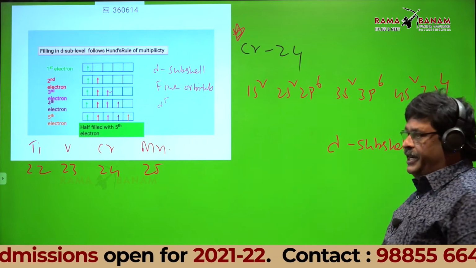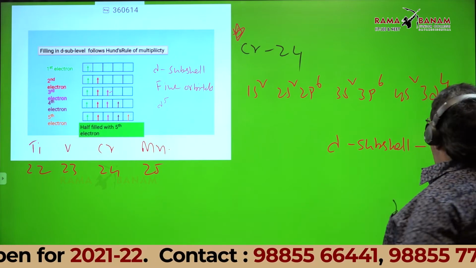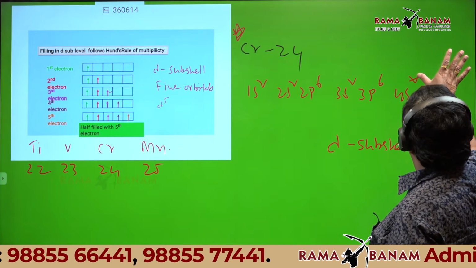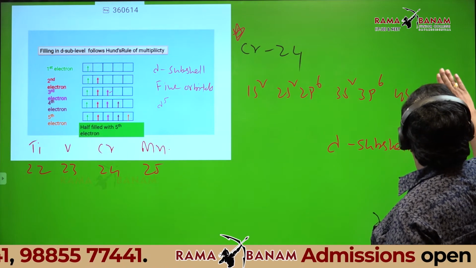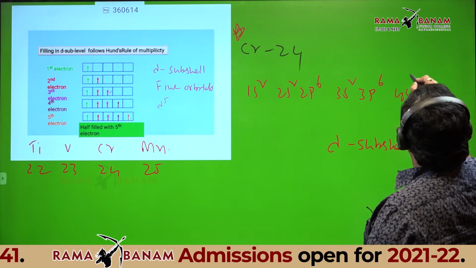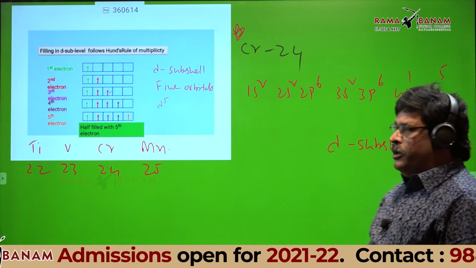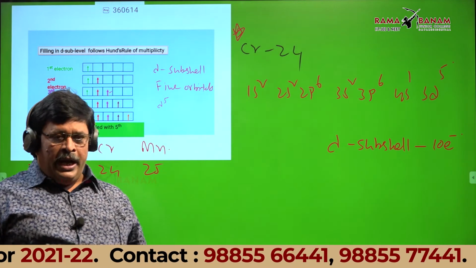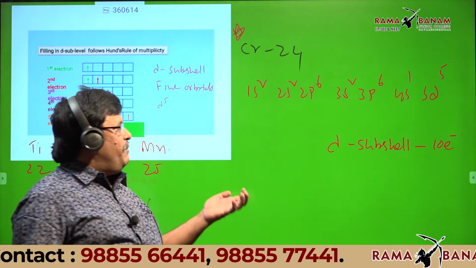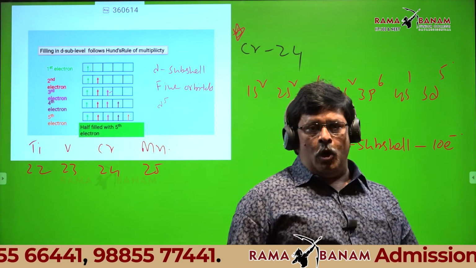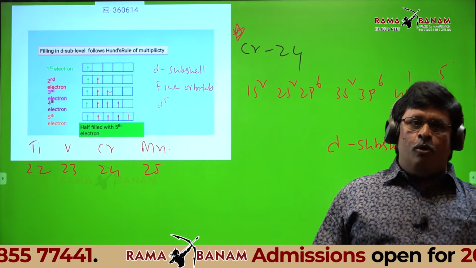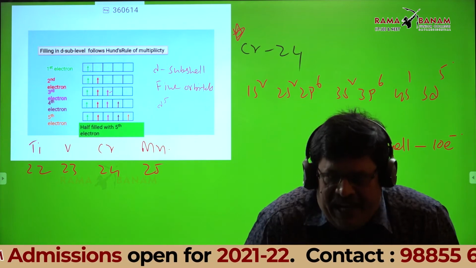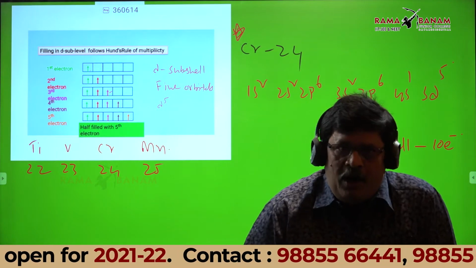Due to that reason, actually, one of the 4s electrons enters into the 3d orbital. So it becomes 4s1 3d5 to gain extra stability. Actually, the extra stability for chromium is explained by Hund using the concept of exchange pairs. That we'll discuss in the atomic structure topic on another platform.